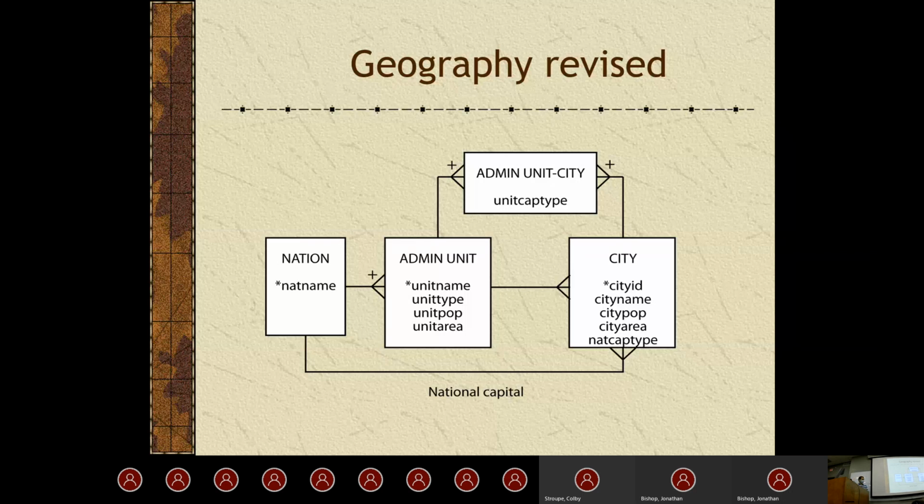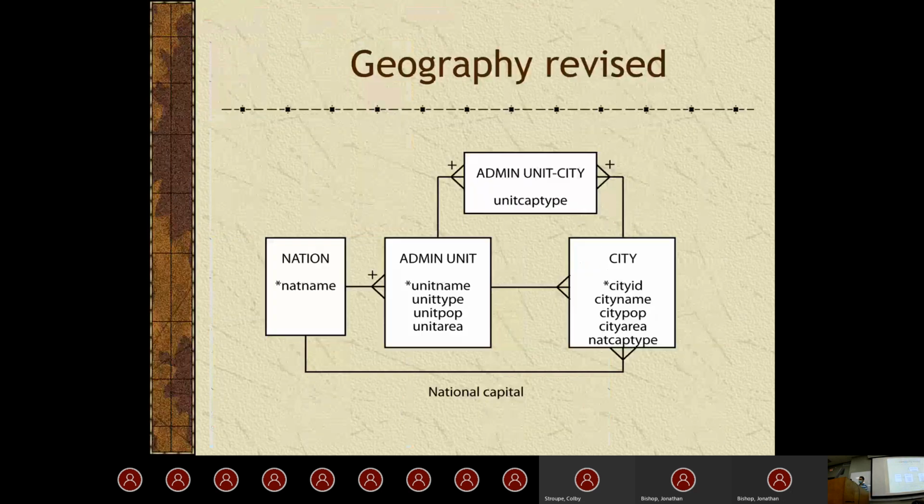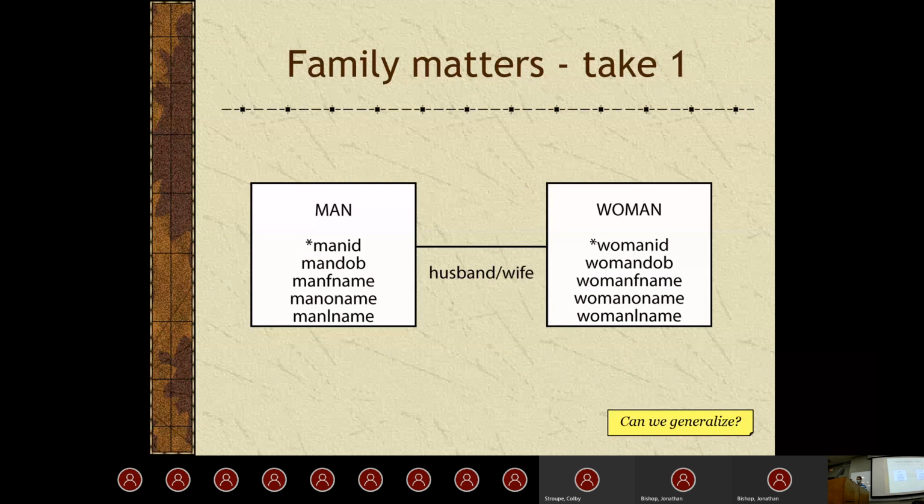So basically, what this is showing is that we're making sure that we have a better relationship between these. Previously, we had the administrative unit having one to many cities, a city belonging to one and only one administrative unit. Of course, we also had this one-to-one relationship up here that wasn't identified. So we've just corrected a lot of issues with it. Any questions about this so far? Let's go ahead and